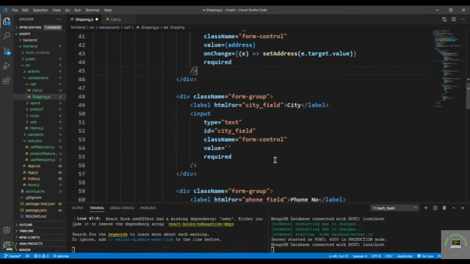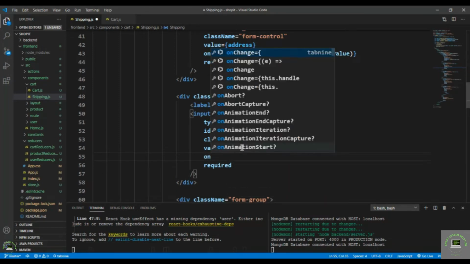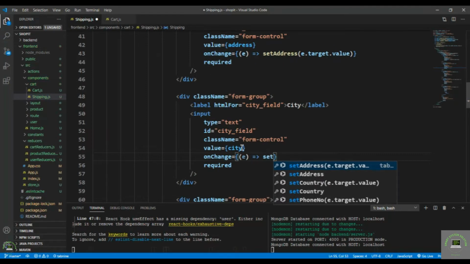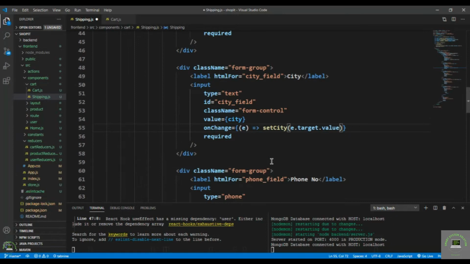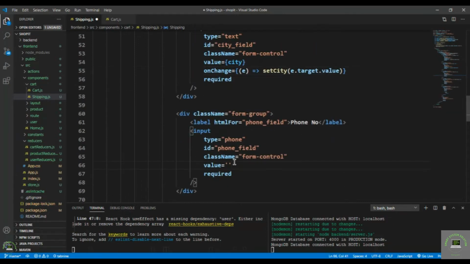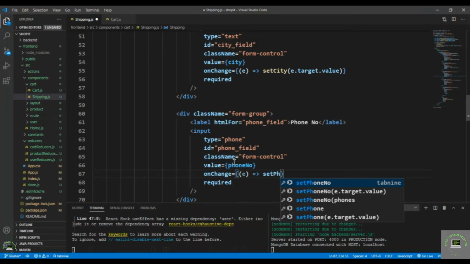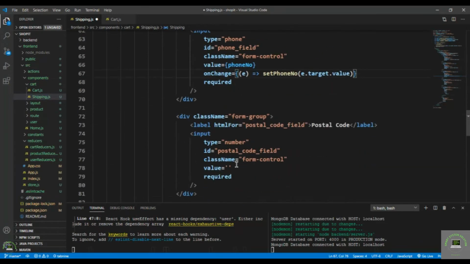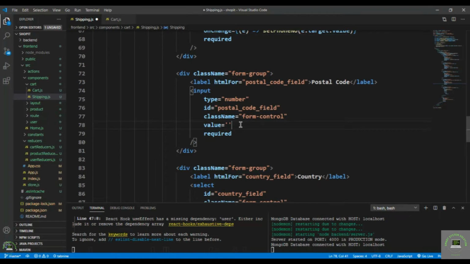Okay, so now also here I put the city, and then onChange I will simply set the city to e.target.value, okay, and then here we have the phone number, and onChange it is going to be setPhoneNumber, okay, and at this we also have the postal code